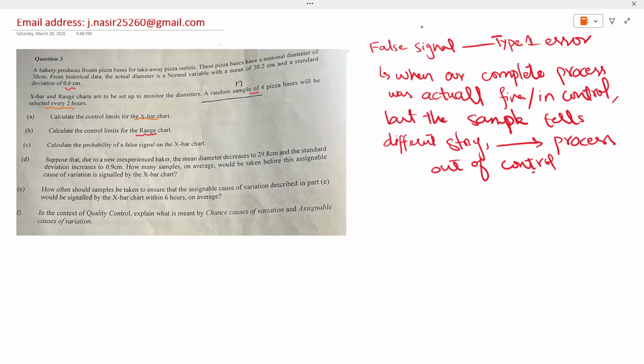So sometimes this happens. Our complete process, our machine, was perfectly working. It was fine. It was in control. But the mean for the sample that we took happens to be out of the limits, either above the upper control limit or below the lower control limit. We refer to this as a false signal, and there's always a chance of a false signal, because